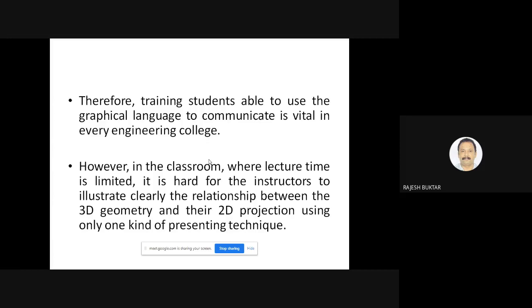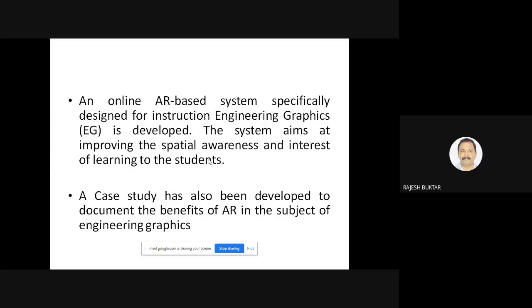Then you will argue that 3D models can also be made with the help of wooden blocks, and they can also be modeled using 3D modeling software like CATIA and Pro E. So it is the same thing, but with AR it helps anytime, anywhere. You can see those 3D models anytime, anywhere. That is the advantage of AR.